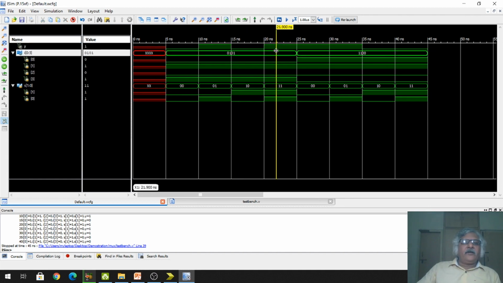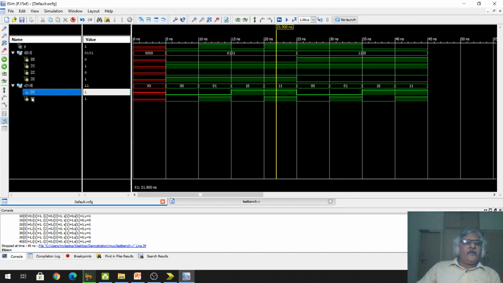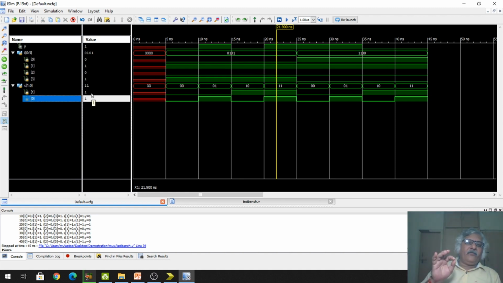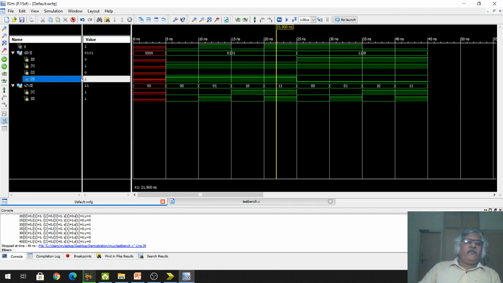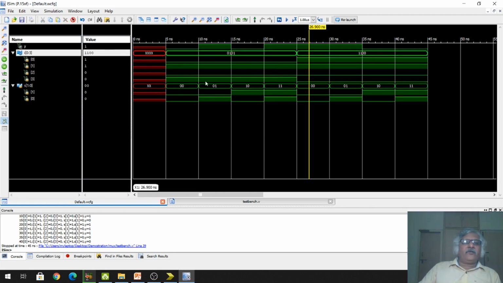We will check another condition. Now the value of S1 and S0 is 1, 1. So the input I3, whatever value is there, will be transferred to the output. I3 is having 1. So see the output Y, it is 1. Okay, we have other conditions also. So now we check here.